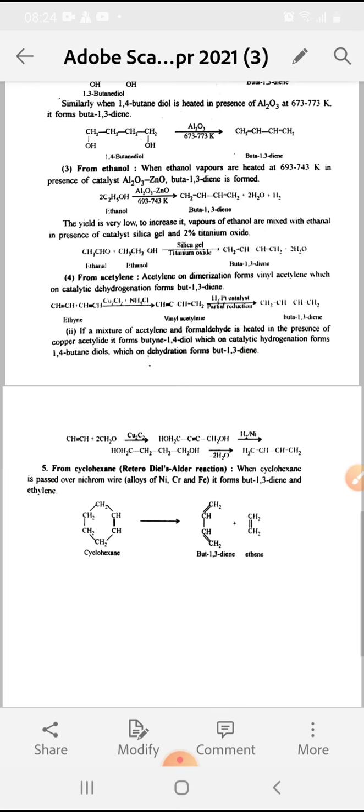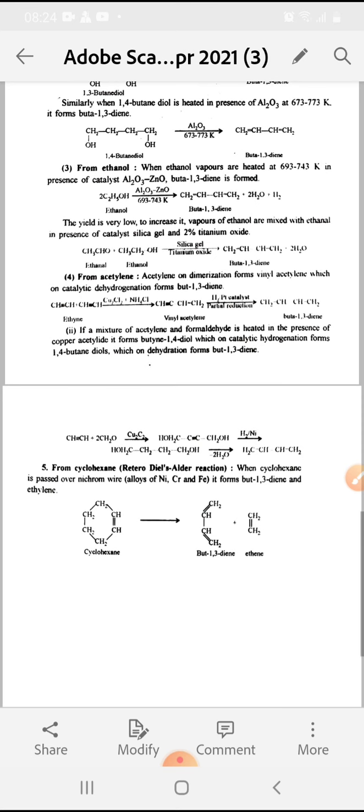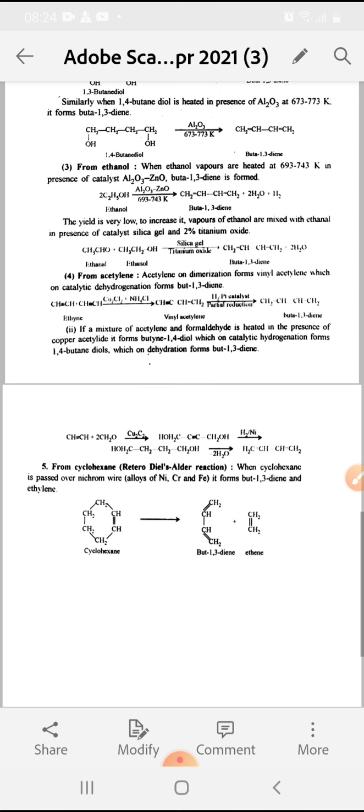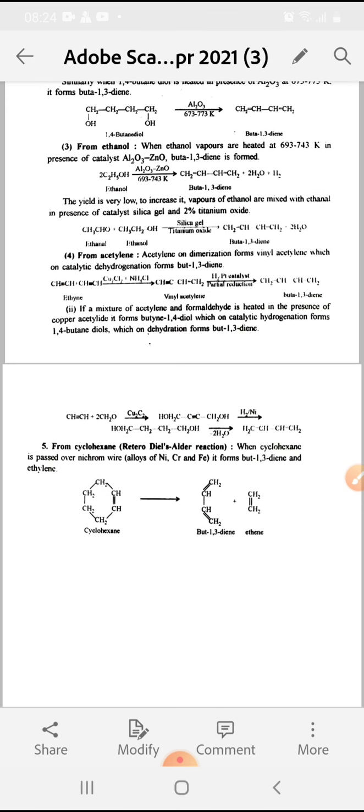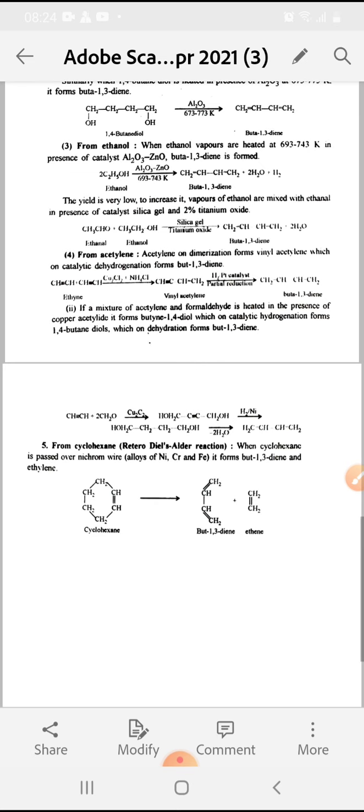We see that if a mixture of acetylene and formaldehyde is heated in the presence of copper acetylide, it forms butane-1,4-diol, which on catalytic hydrogenation forms 1,4-butane diol, which on dehydration forms buta-1,3-diene. So here we see the example that acetylene is reacting with formaldehyde, Cu2C2, then the reaction is formed and the final product after dehydration is